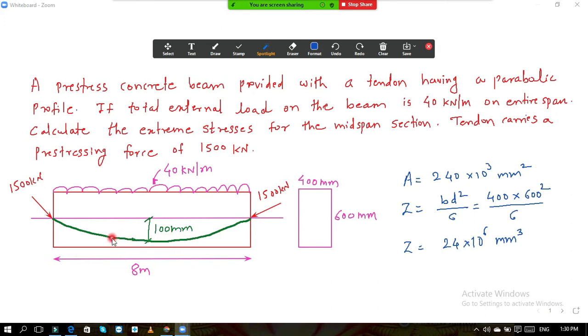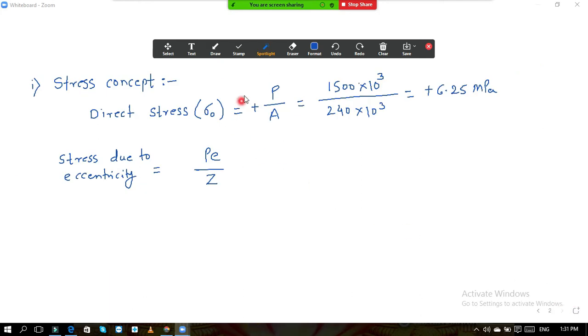Okay, so if you rotate this pre-stressing force about this neutral axis, then it will rotate in this direction. This is the direction of rotation, from the downward side to the upward side. This will try to uplift the neutral axis, so it will bend in this fashion. Bending profile is the hogging profile. So tension is at top and compression is at bottom. So plus is at top, minus is at bottom.